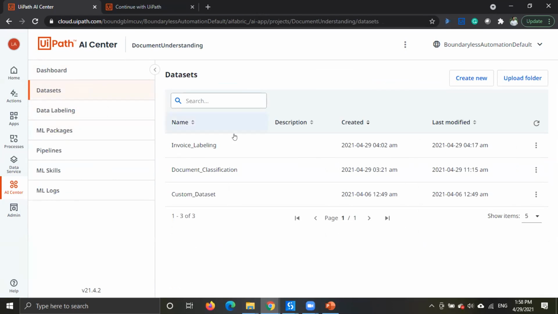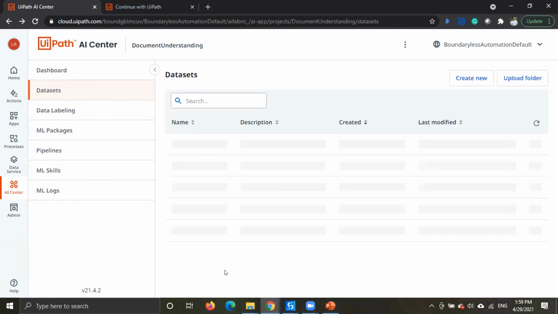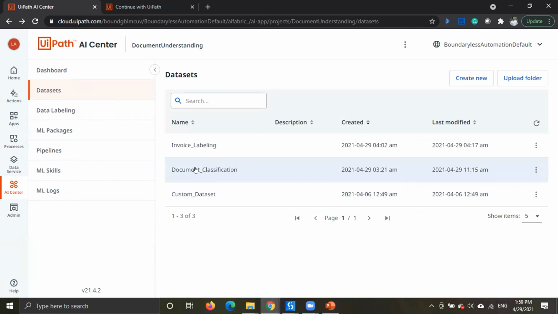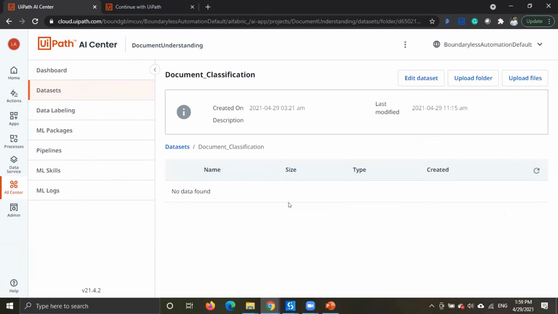So go to data sets and click on create new, just specify the name and click on create. So right now I have one created for us, this document classification. This is more like a folder. So I have no data in this at the moment. And then we are going to ML packages